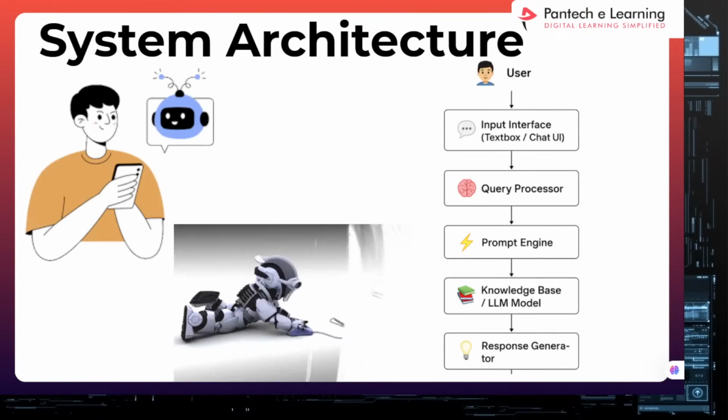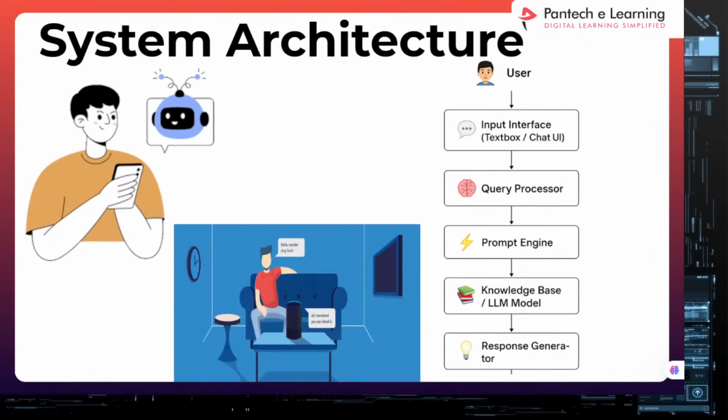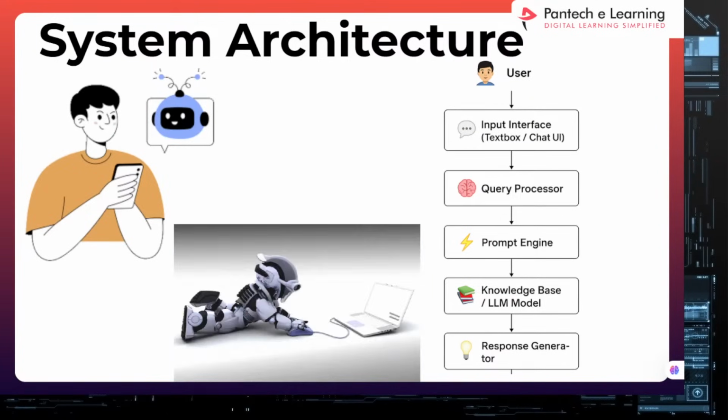Coming to the next one, the system architecture. The main important thing is the system architecture, because if you are not providing the system architecture properly, definitely we will get some problems. What are the problems? You're not selecting the better prompt, you're not selecting the better type of LLM models. In the background you can't get a better output answer. So the architecture is very important when you're building any type of application, meaning the use case for solving the problem. That's why here we have taken this system architecture for the purpose of the knowledge assistant